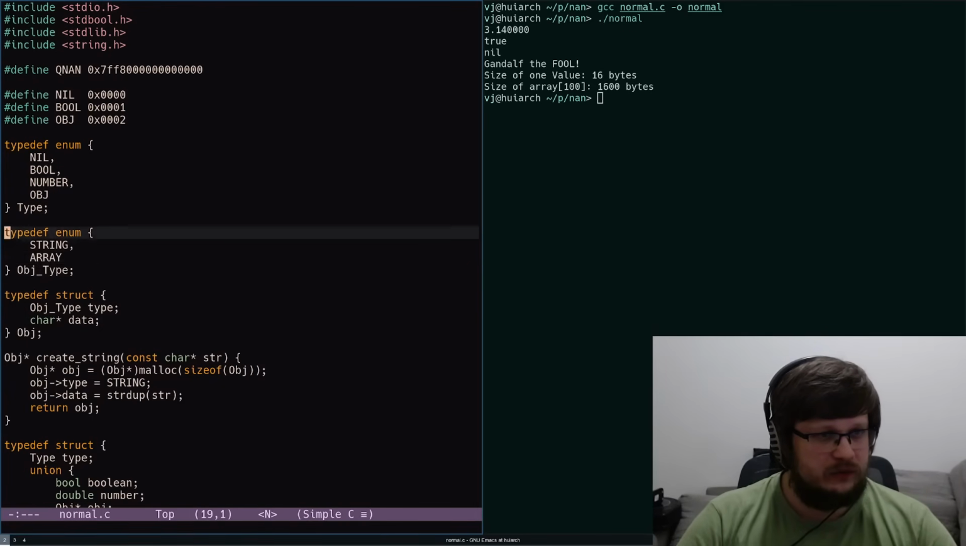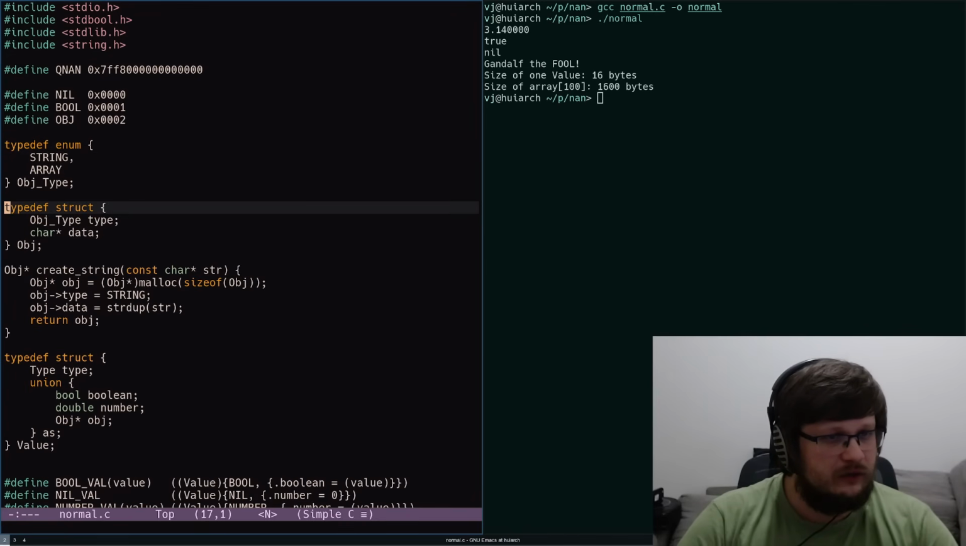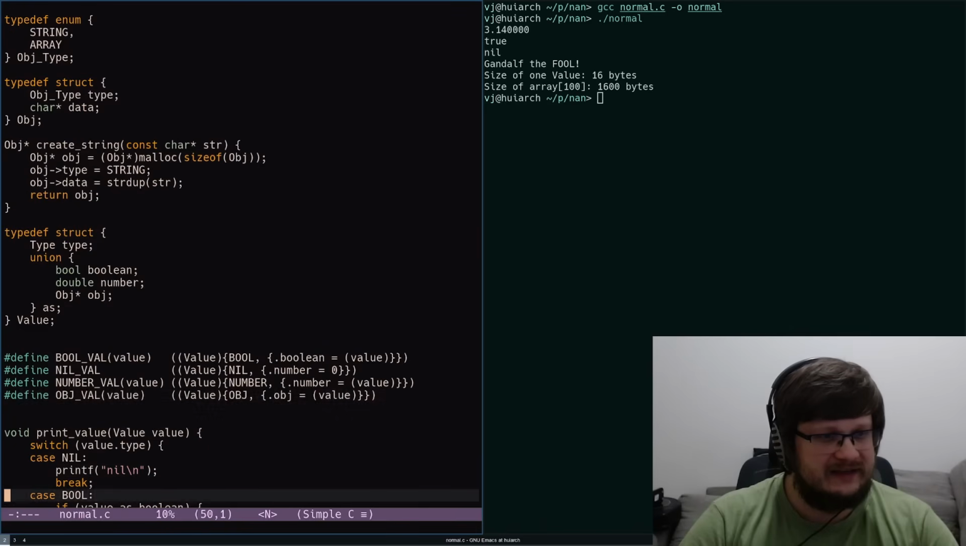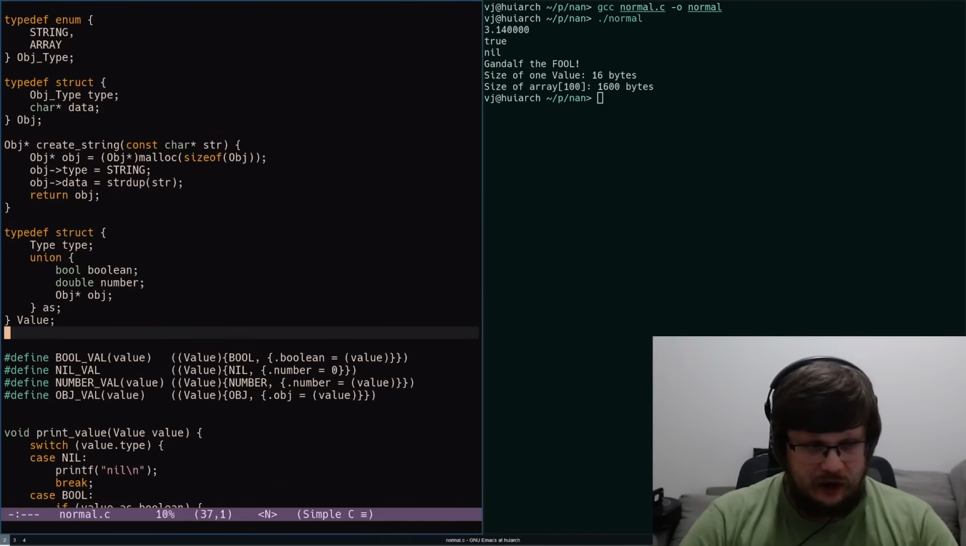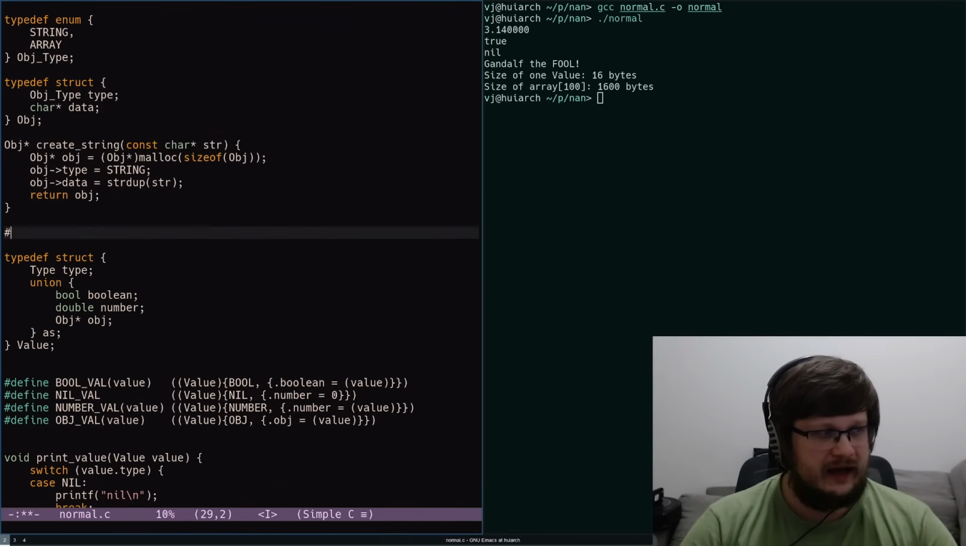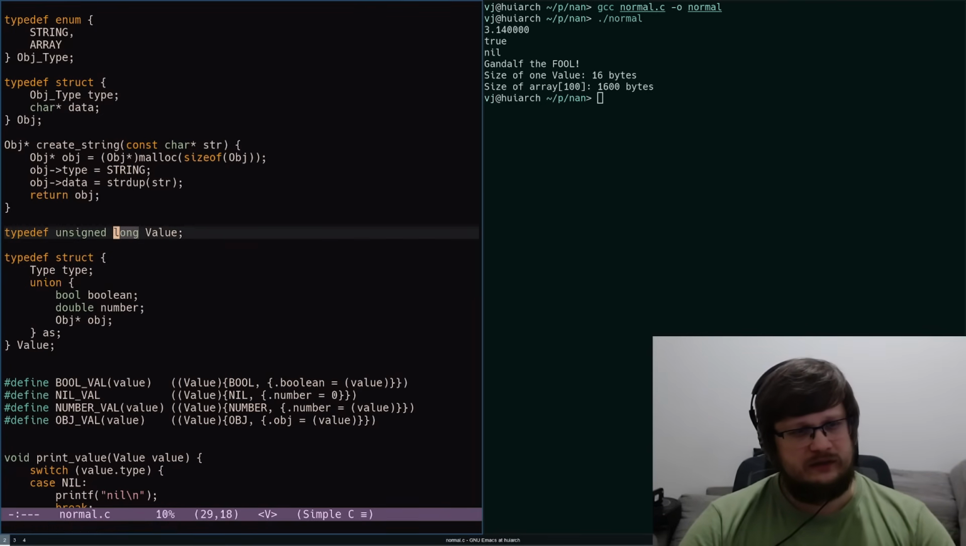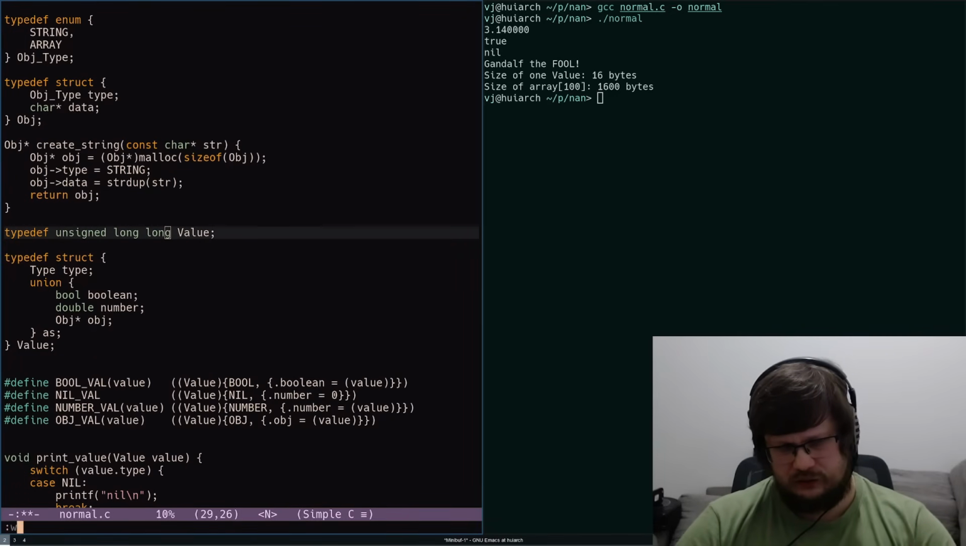This is for an object type. We're going to leave this. This we don't need anymore. Yeah, we're leaving this, create string, this helper we will leave as is. And then instead of our value's tag union, we're going to have it as a 64-bit integer. So it's going to be typedef unsigned long value. Oh, unsigned long is a 32-bit integer on Windows, so I'm going to use long long so Windows users